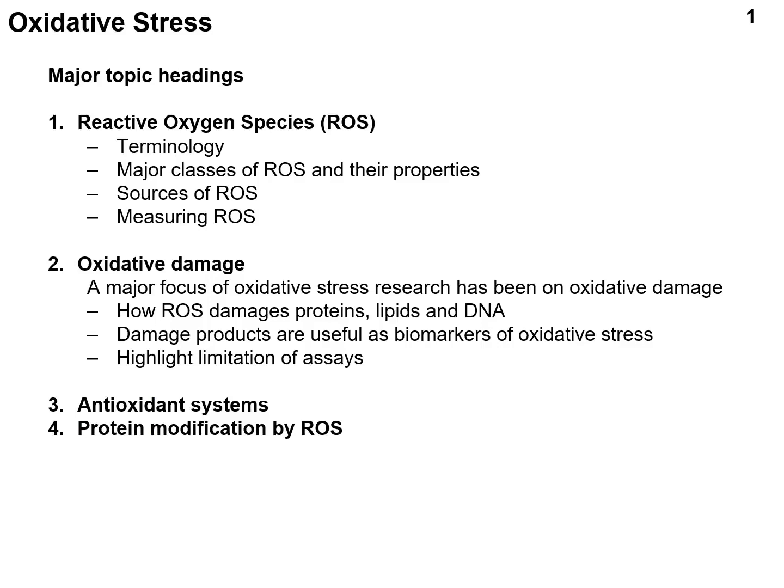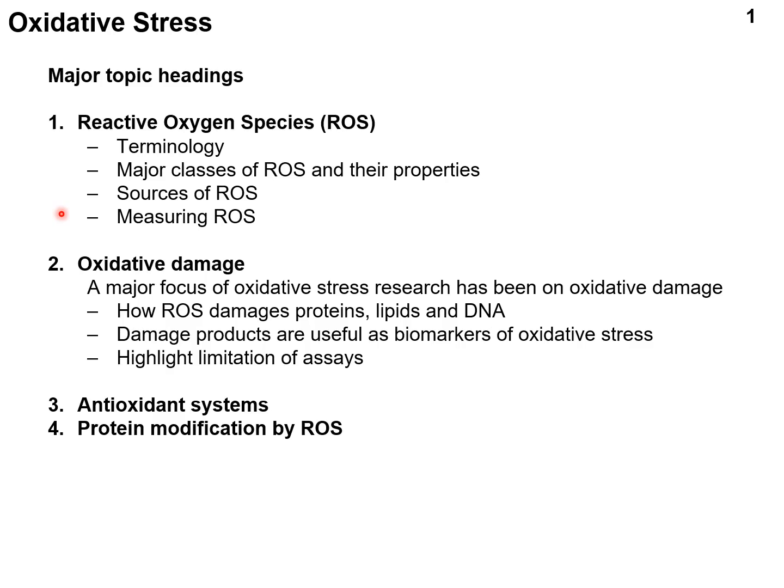This is the second lecture in the lecture series on oxidative stress. In the first lecture, I introduced the concept of reactive oxygen species, talked a little bit about the terminology, gave you some examples of the major classes of reactive oxygen species, and discussed some of their properties. I then moved on and talked about some of the sources of reactive oxygen species, and our interest was in the endogenous sources of reactive oxygen species, and then I discussed some of the challenges in actually measuring reactive oxygen